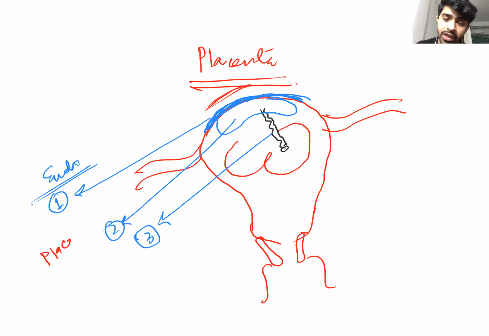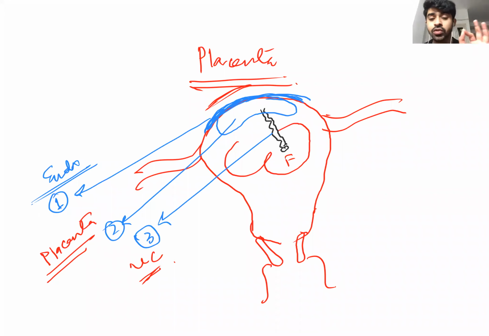Now you tell me what is number 3. Umbilical cord. Yes, this is UC, or umbilical cord. So my take-home message is that the umbilical cord is connecting the fetus and the placenta, not the fetus and uterus. That was the MCQ in 2017. The umbilical cord is connecting the fetus and placenta, not directly the mother. Yes, it's indirectly connecting the mother.